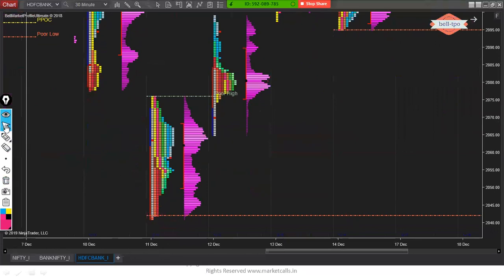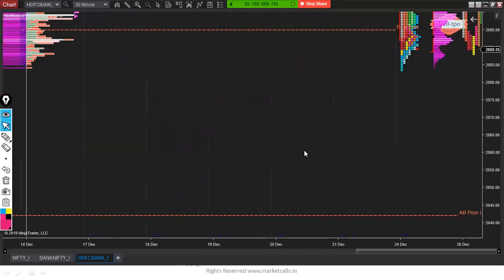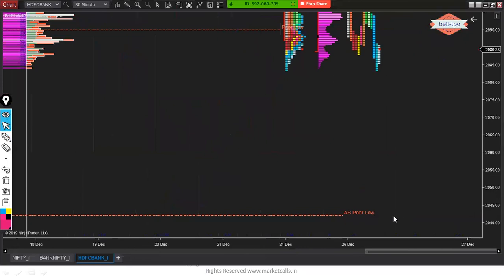80 to 90% of the time the price moves away from the AB poor low for 20 to 25 trading days maximum, right? I'm talking about maximum numbers, and then eventually they will revisit back. So there is one AB poor low. In my case, automatically it recognizes the reference and draws those, because for these AB poor lows,